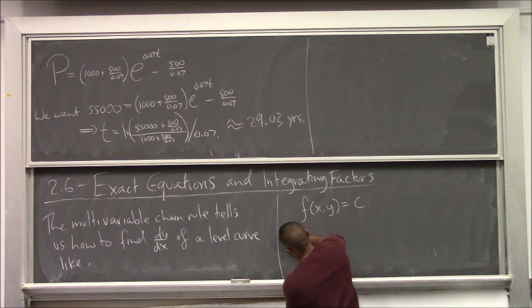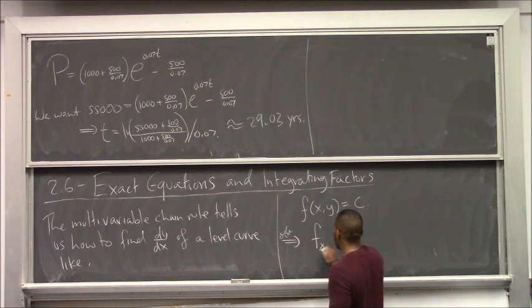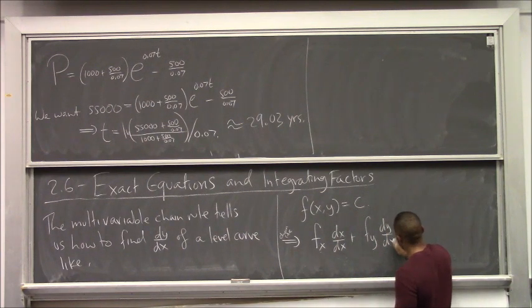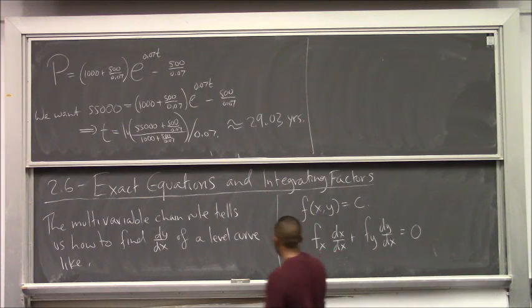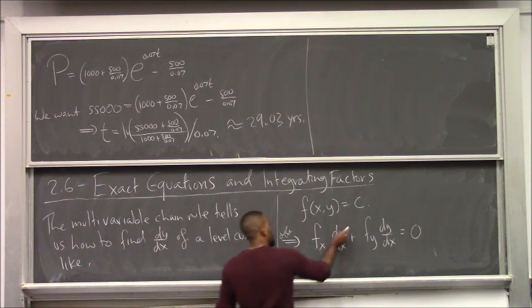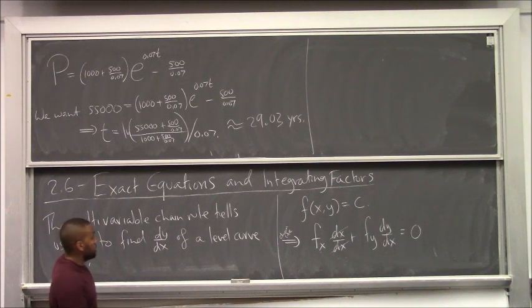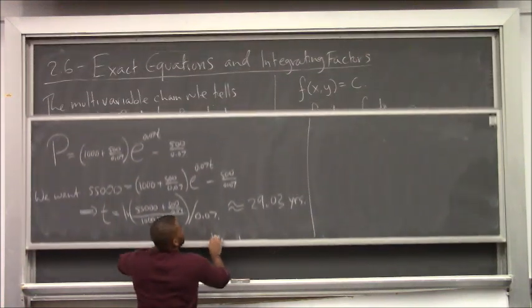So this is by the chain rule. This is going to be the partial of f with respect to x times dx over dx plus the partial of f with respect to y times dy over dx equals 0. Differentiate both sides, and you cycle through all the variables. Now, technically, because of how useful the Leibniz notation works, that guy would cancel. But what you can do is here,